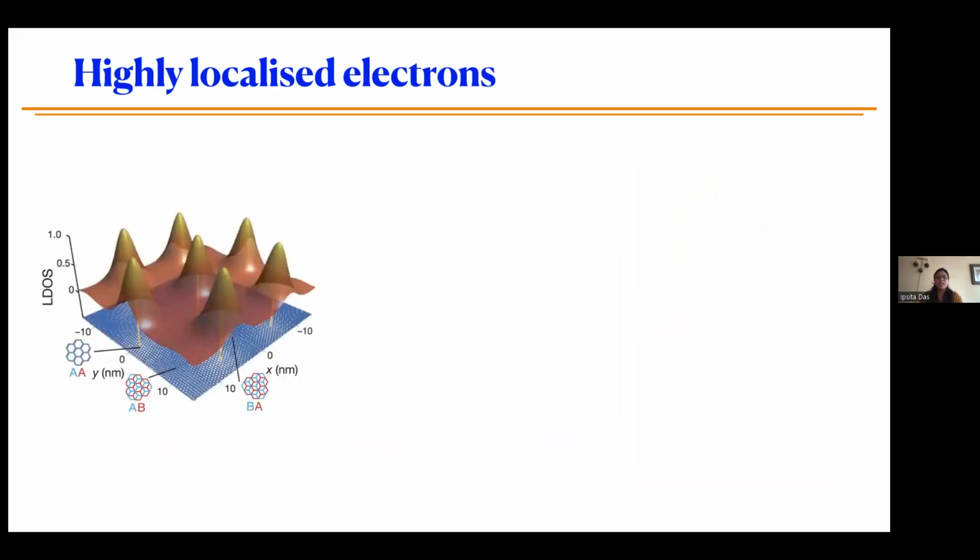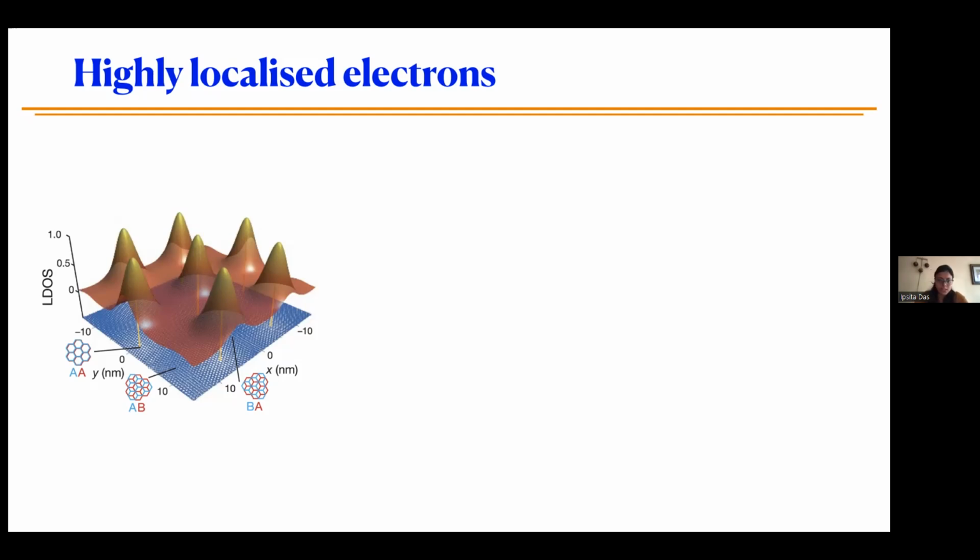So that means your electrons are almost localized there. Their velocity is almost zero, and since they are localized at a certain point, they have a very strong interaction between each other, right? So here I have shown you the density of states of the electron on top of